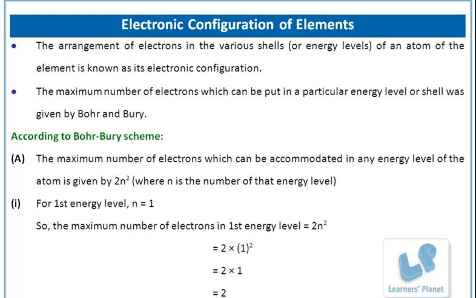See, what Bohr suggested was that the protons and the neutrons reside in the nucleus of an atom, and the electrons are revolving around the nucleus in fixed circular paths. Now these circular paths have specific energies. So we also call them energy levels. An electron will not emit any energy when it is moving in that particular energy level. But as soon as it moves from one energy level to the other, it emits or absorbs energy.